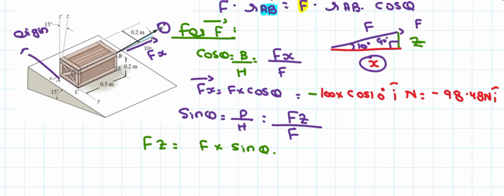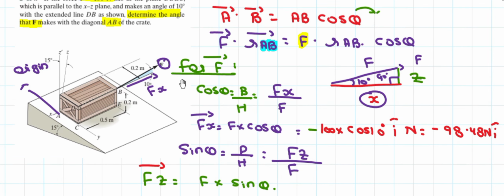Now what we are going to find out is the Cartesian form or the vectorial form of the force F. So this is the vectorial form of Fz, which is equal to F sine theta. In a vector, there are two main things: one is the magnitude and the other is the direction. So where is the Fz acting? Just look at the diagram, the question diagram, not mine. This tiny length is basically our Fz, the component of force F which is acting on the Z axis. This Z is acting vertically upward on the Z axis.